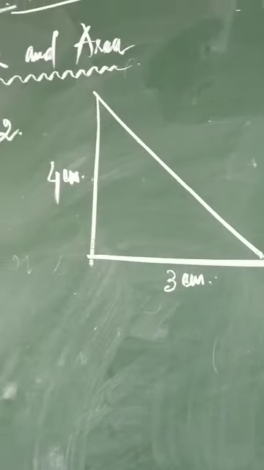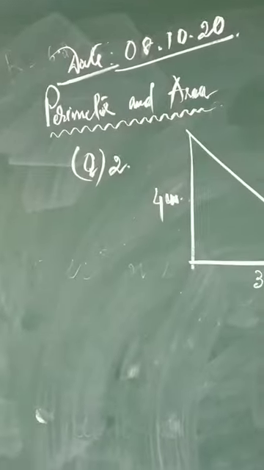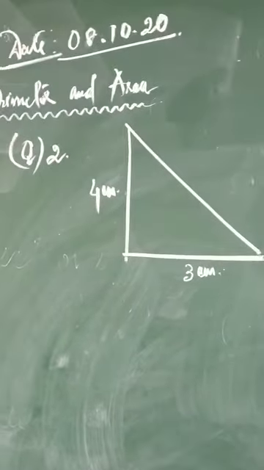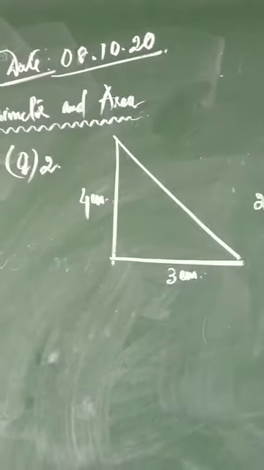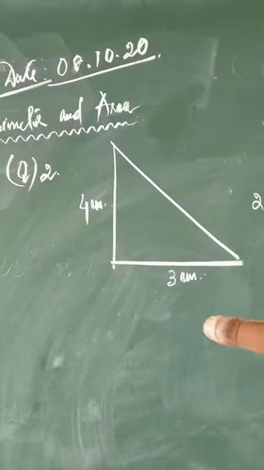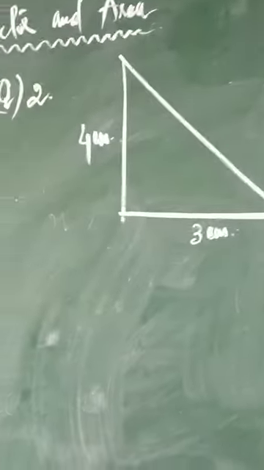Here I've drawn two questions. In the previous video, I have already discussed the formula of the area of a triangle, that was half into base into height and all that. So right now we are having two different questions, two different situations of triangles. So this is what we are going to discuss right now. Let us have a look.